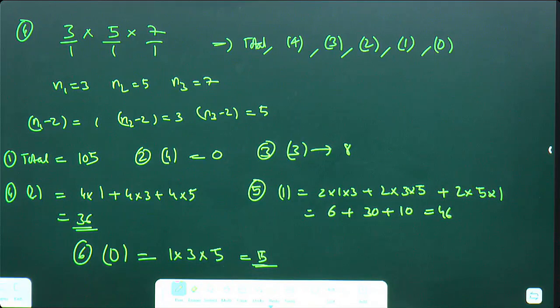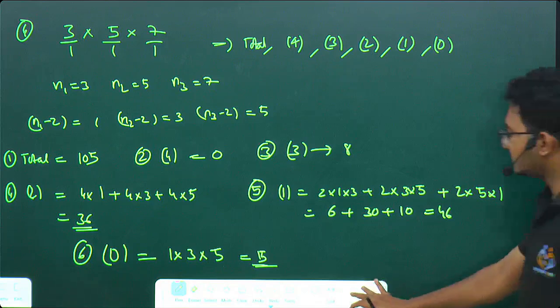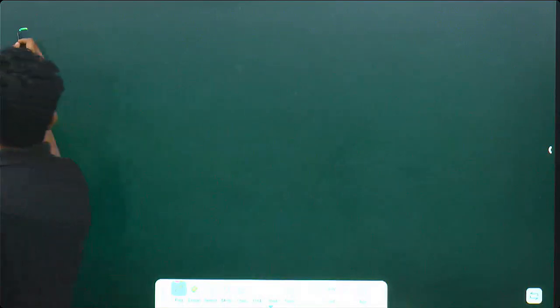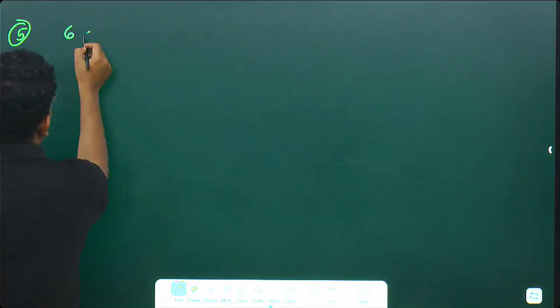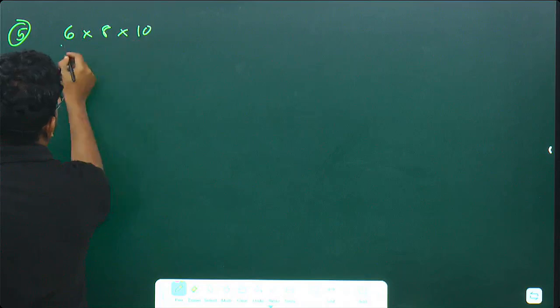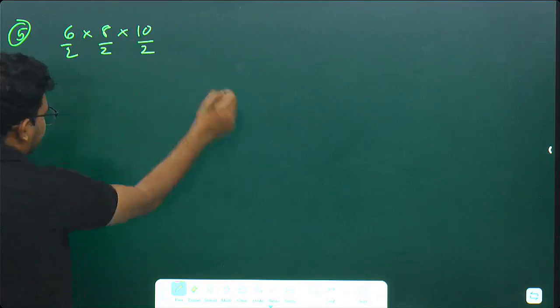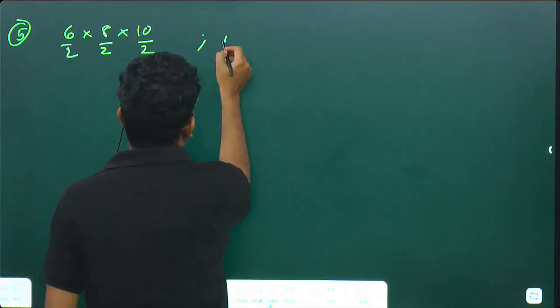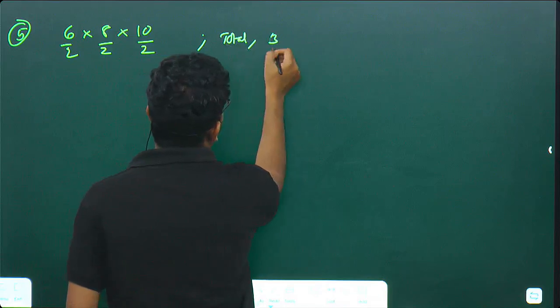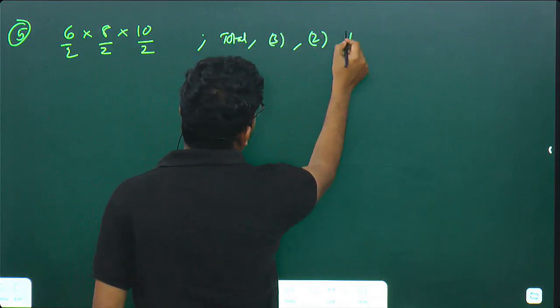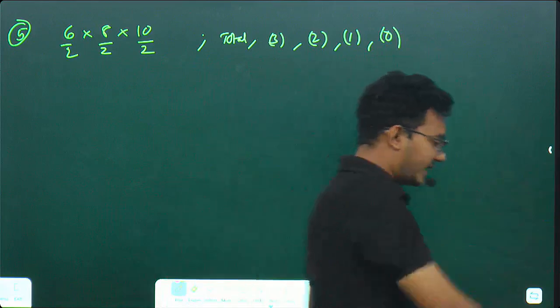Now take one more question. Now try to find out, this time faster, okay? A cuboid of 6 into 8 into 10, cut into smaller cubes of 2. Here I need everything: total, 3, 2, 1, 0. First,